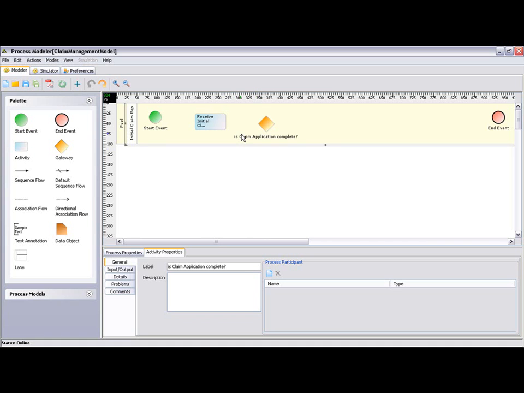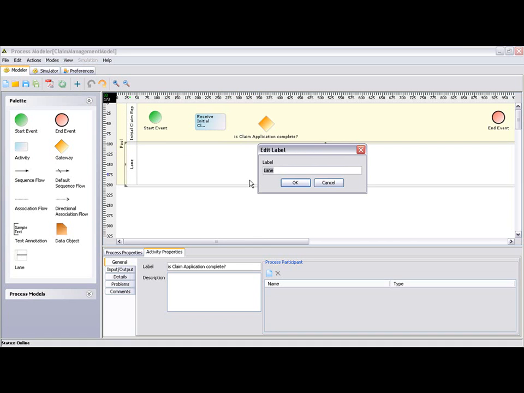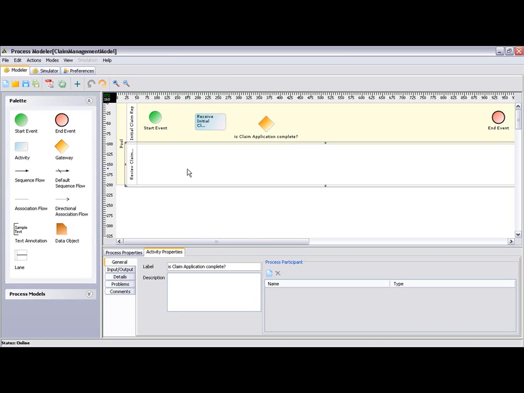If the claim application is complete, then it can go to the next step in the business process, and we'll use another swim lane here to define that task. So here we will have a review claim expert to review that claim application. So we'll simply pull in a couple of activities for this swim lane, and there are two activities. One is that we will enter the claim information into a claims system,